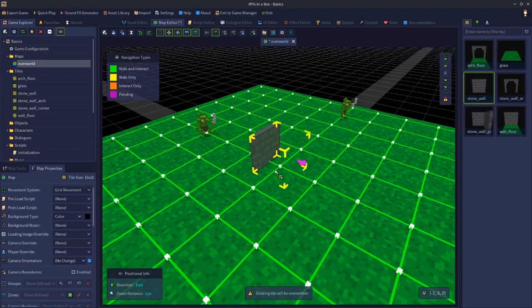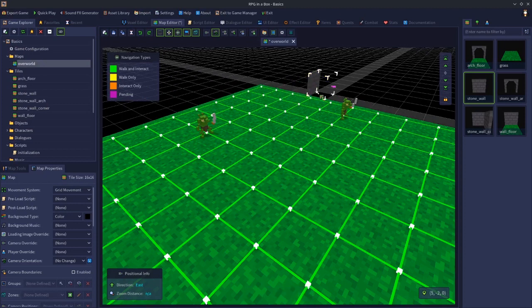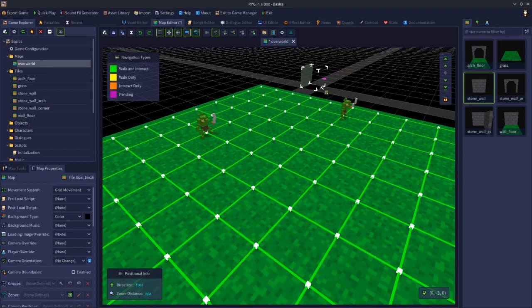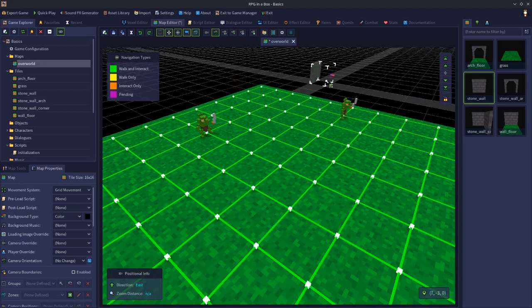Now you'll notice this yellow box around the wall. Notice how I move this wall around, the box around it is yellow. But if I move it out of the map, it goes white. See how the box has gone white and then yellow. White, yellow, white, yellow. The yellow basically means that it's going to replace something, whereas the white means it's an